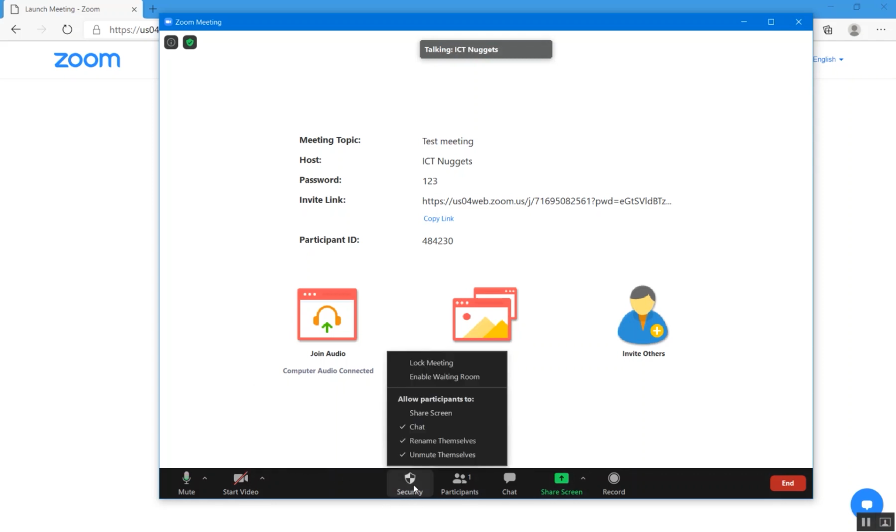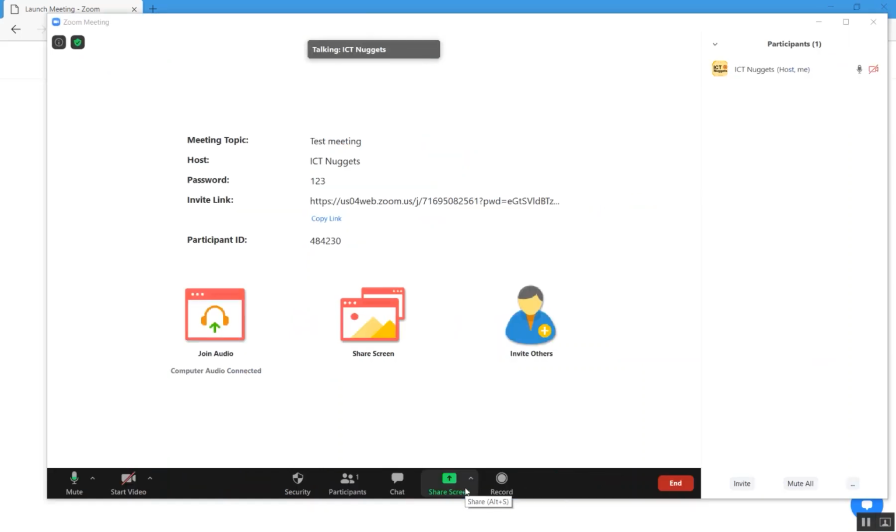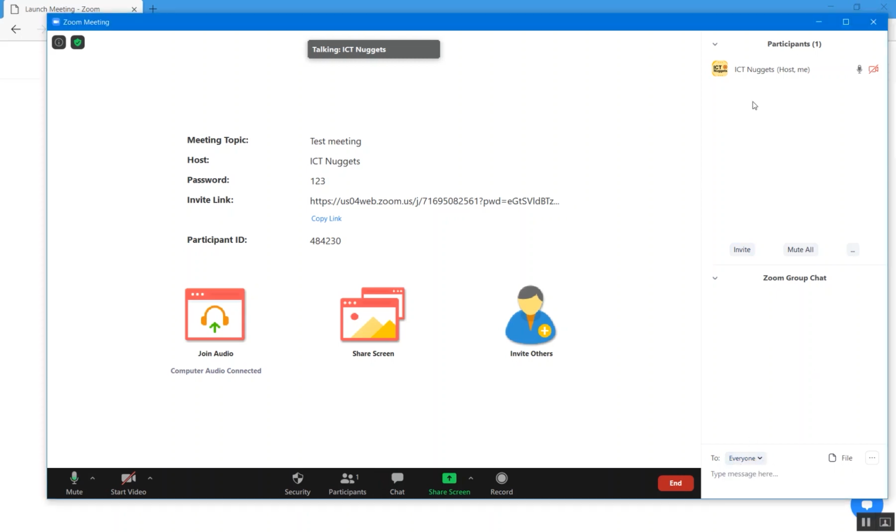You don't need to do anything over here, and you can click on participants. Currently I am the only participant, but the participants who join the meeting will be listed over here. And then there's a chat box. When you click on chat, the chat option will appear on the right side. Over here you can type and address anyone by selecting this drop down. It is currently everyone because there is no one other than me. So this is the chat window. You can chat with individual participants or with everyone.